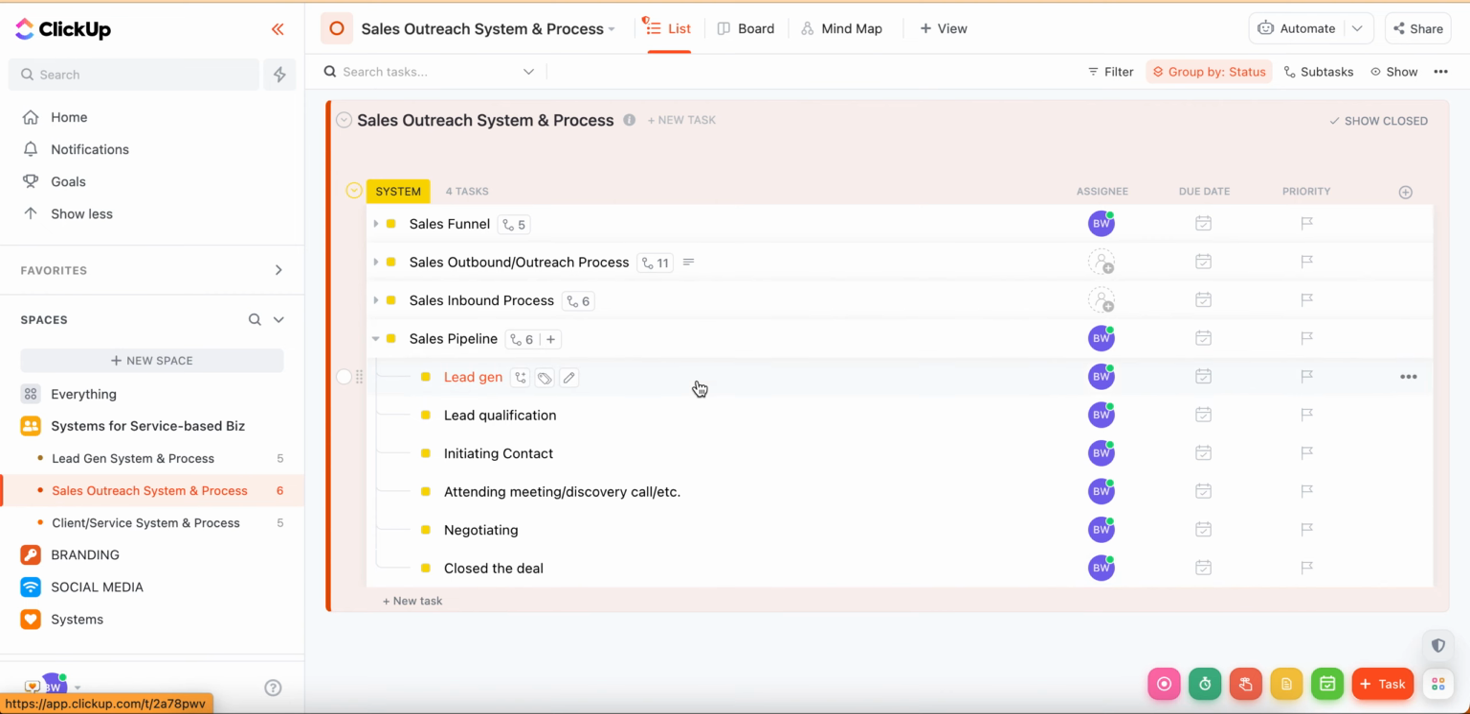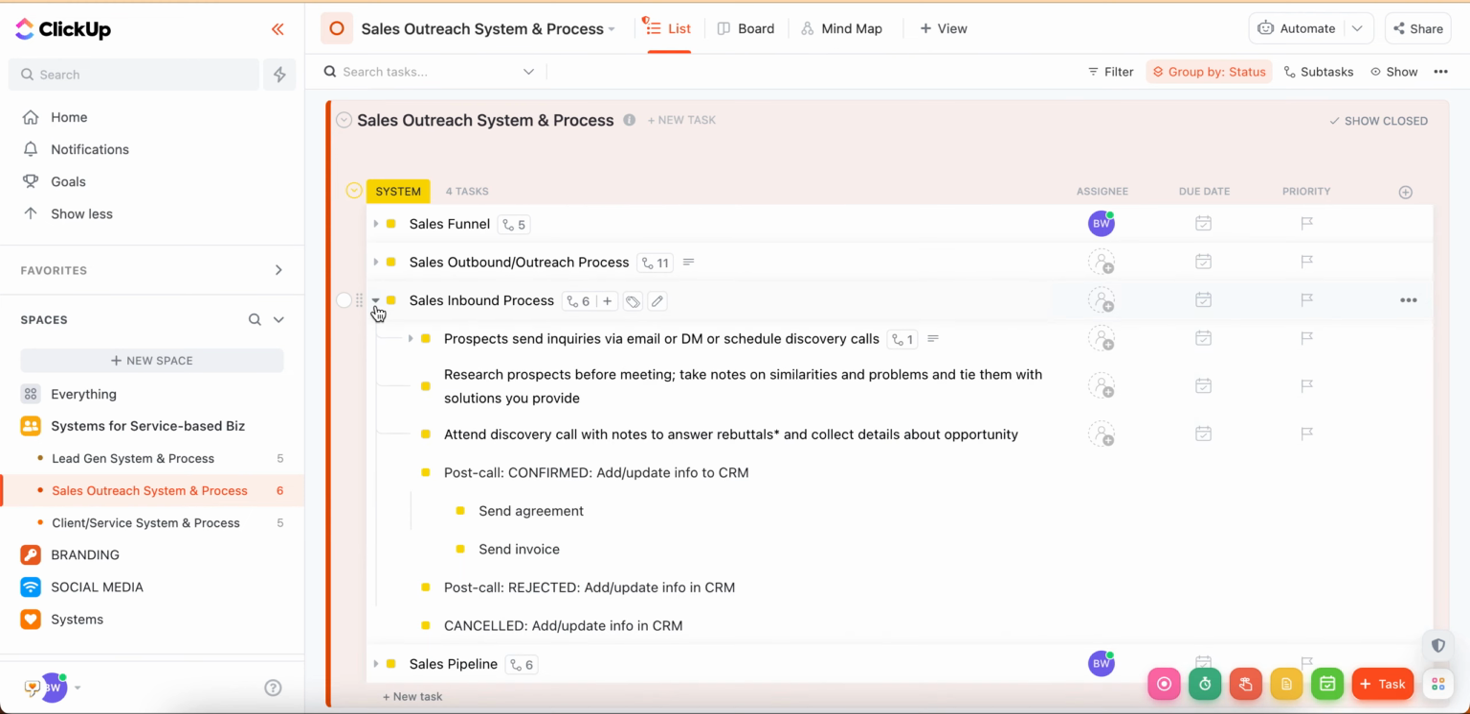It's just to help you visually see how your customer, or your lead I should say, moves from a lead to your client, right? From a lead to a final booking or closing of the deal. So again: lead gen, qualification, initiating the contact, attending the meeting, discovery call, your negotiation process, and then closing the deal. Okay, so that's the difference mainly between the sales funnel, sales pipeline, again, your sales outbound process, and then